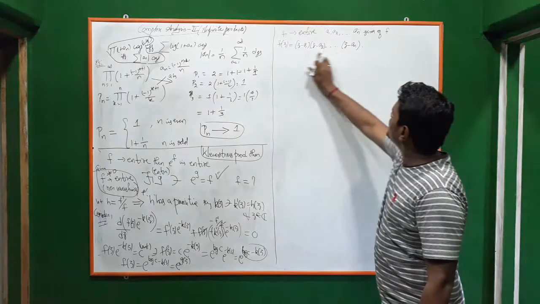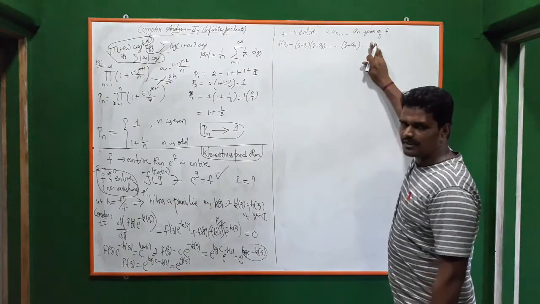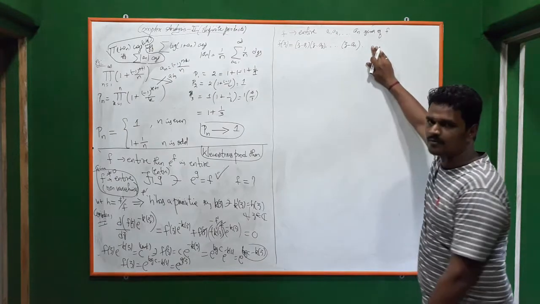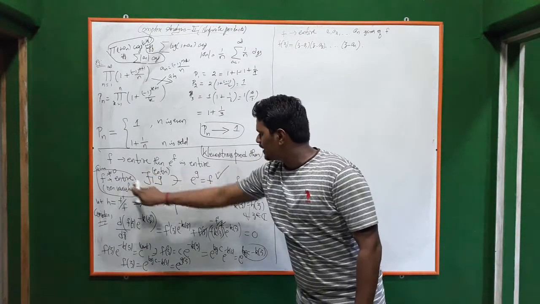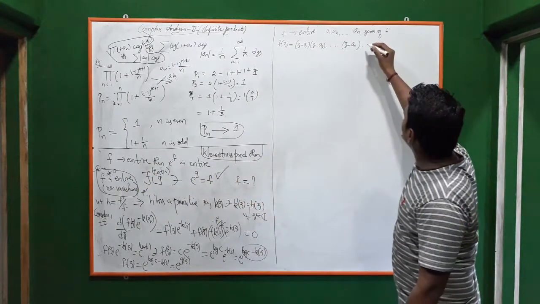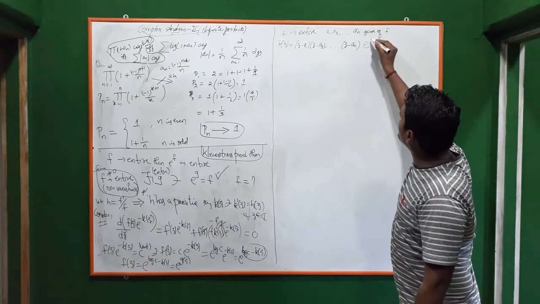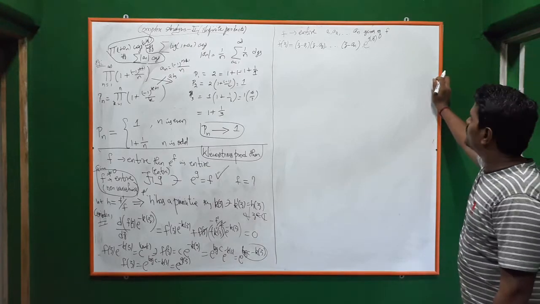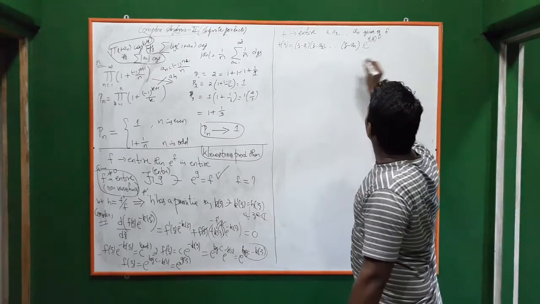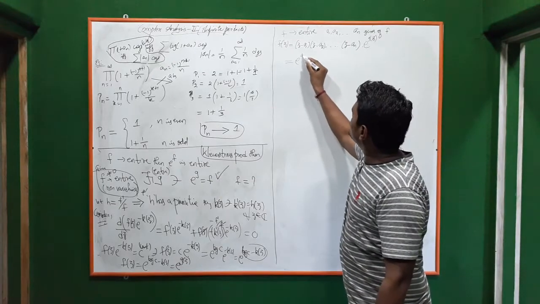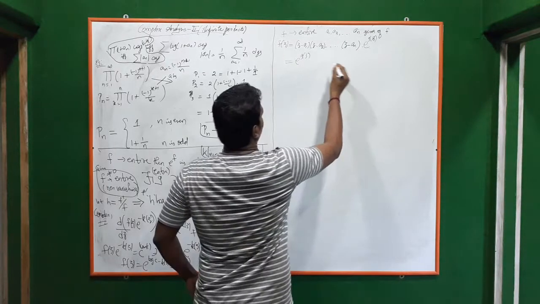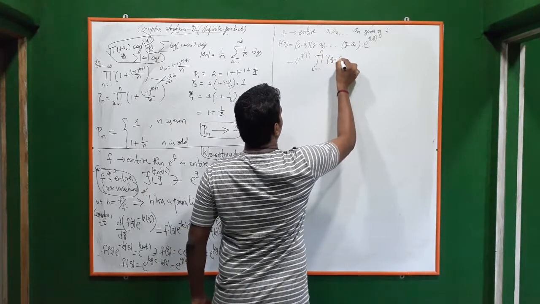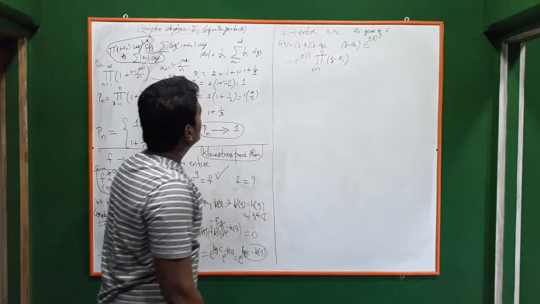I have written these factors, and into some function we have to write here. That function also will be entire because f is entire. So any entire function can be written as e power g. So here also that entire function I can write as e power g of z. So this can be written as e power g of z into the product i from 1 to n of (z minus ai). Correct, n numbers are there.